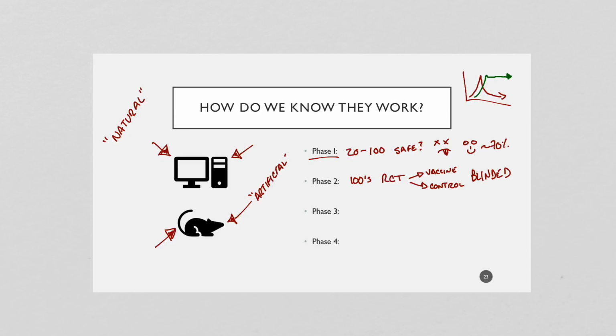Again, by this time, we had 70% at the beginning. By now we have about 1/3 of all the drugs going through phase 1 and phase 2. Once phase 2 is done, we see that yes, the vaccine is safe, the vaccine is effective, it's giving people immunity, then we go on to phase 3, which is the big one.